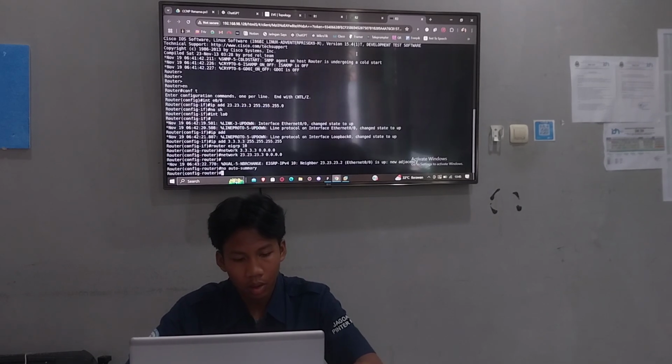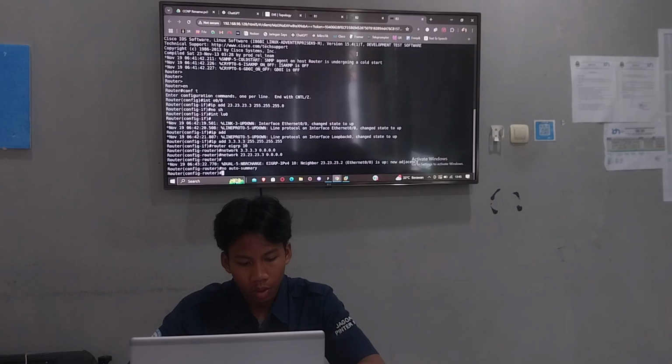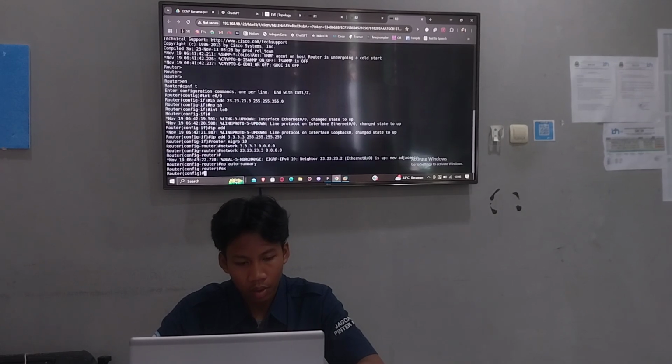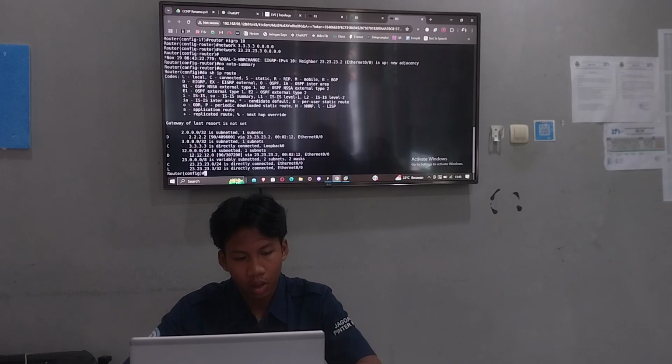And the last, let's check from router 3. First we exit, and then check do show ip route. Okay, this for router 3 is already correct.